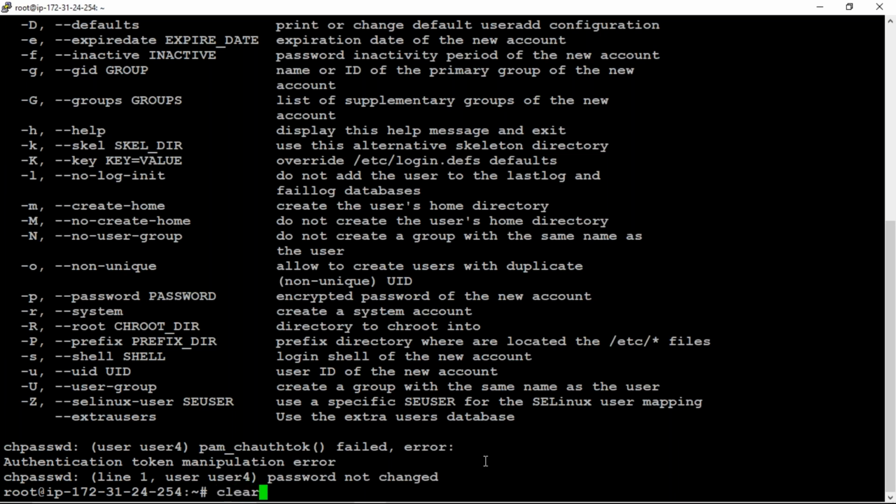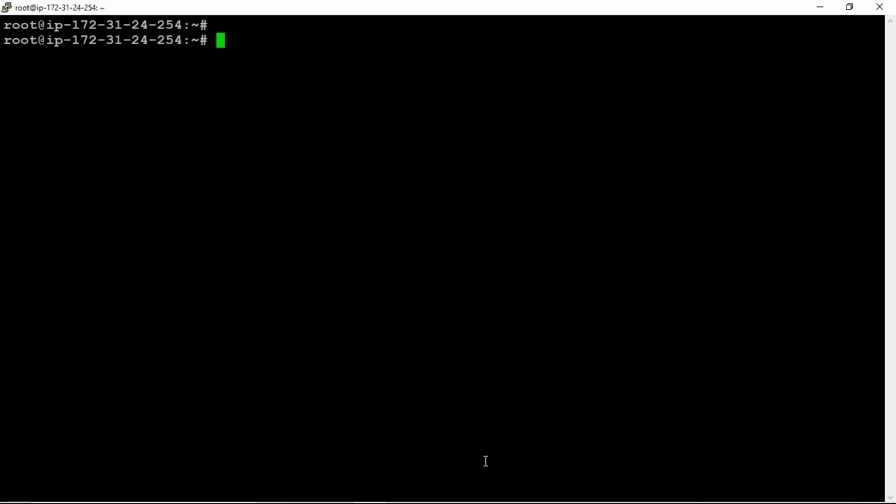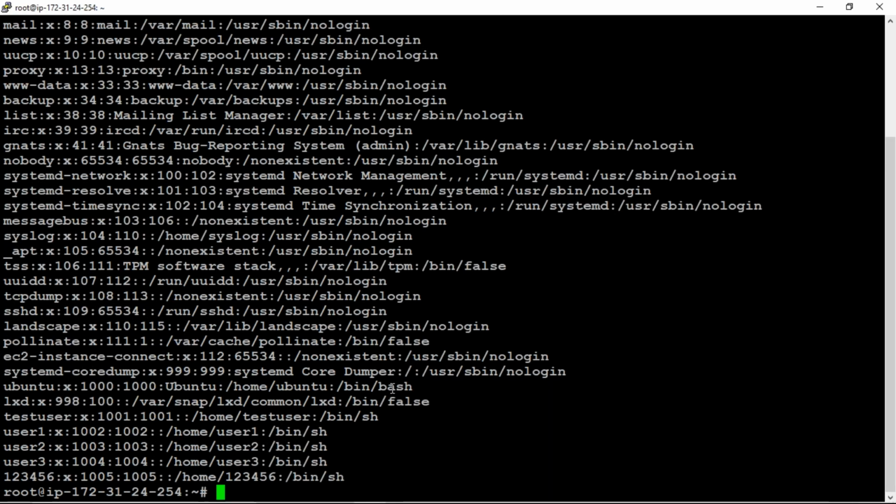I'm just clearing the screen. Now check the command cat /etc/passwd. Is that user created? Is the username created? What is my username? User4.